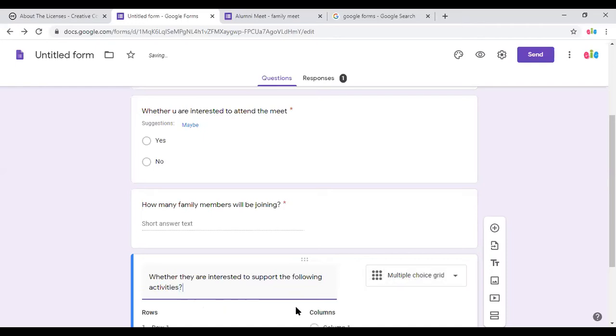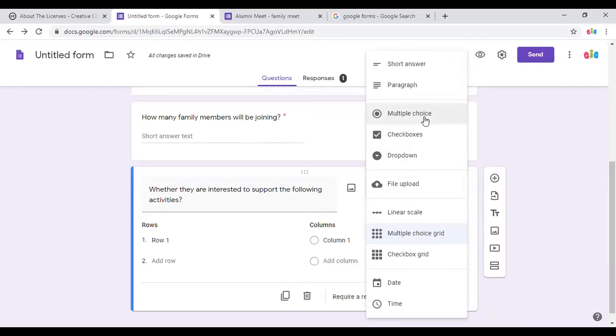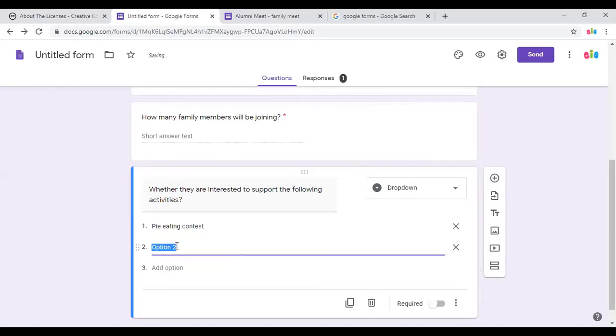This way, I'll put it as a multiple choice question, or I'll just put a drop down box. We can have some games here: a pie eating contest, and we'll have some dumb charades.